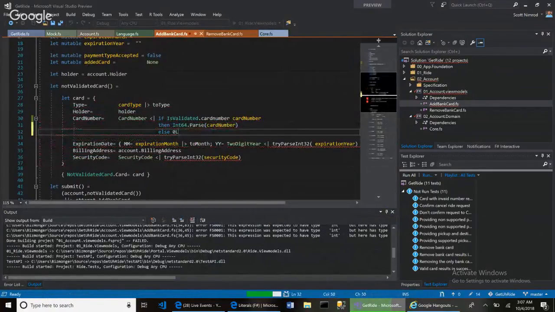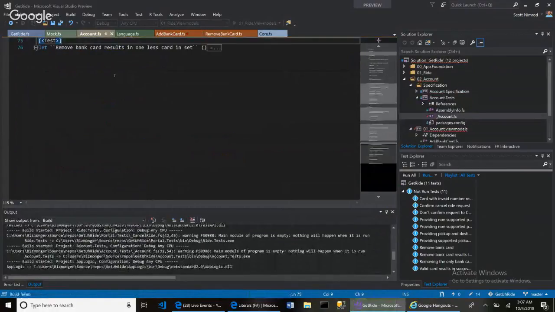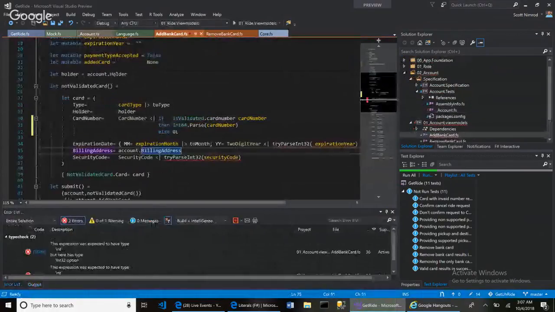And so we're doing the order of the happy path. And then we can follow the same type of flow or logic